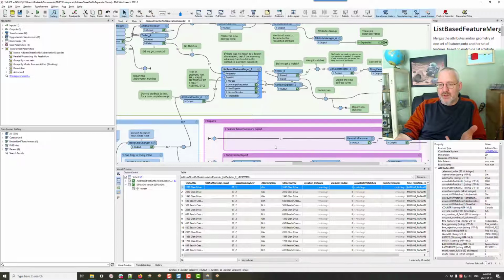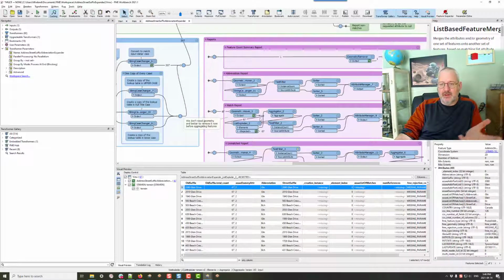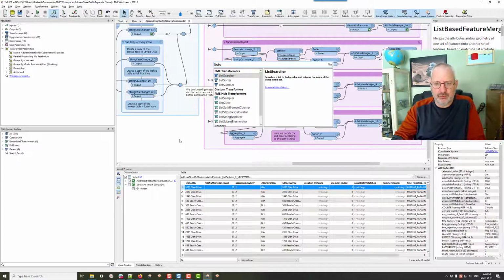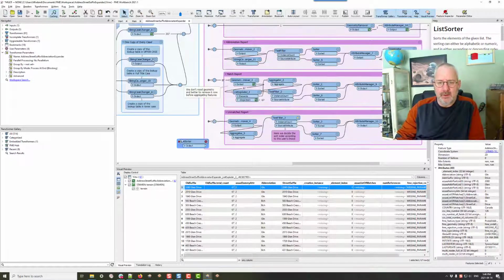So when it got down to the list exploder, it said I can't explode that list because it doesn't have the correct numbers. It doesn't start with 0 as it should do. And that's obviously a bit of a problem here. So what can I do about that? Well, the quick way around that, and somebody just mentioned this to me yesterday, I think it's a ListSorter transformer. If I put a ListSorter transformer in there,